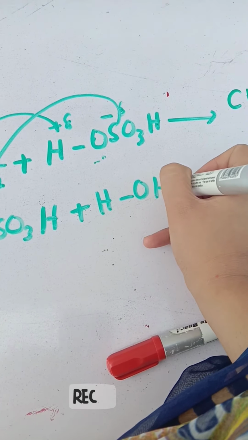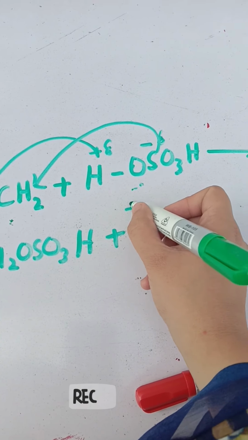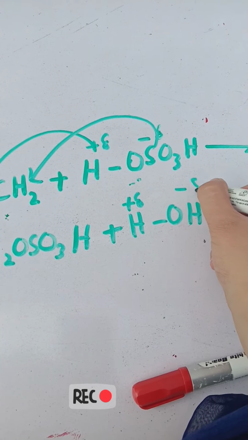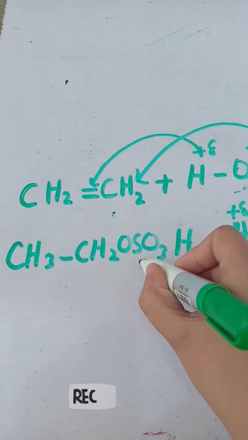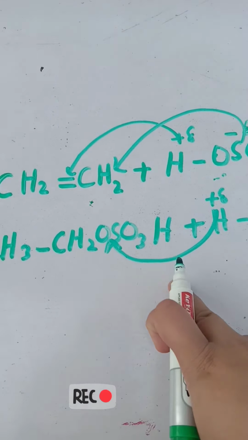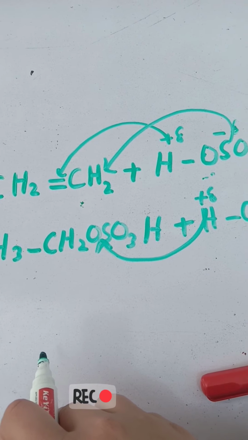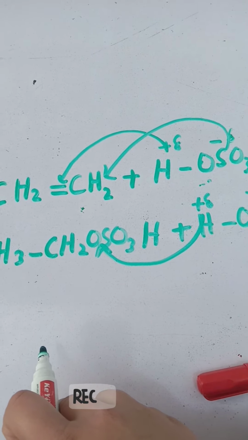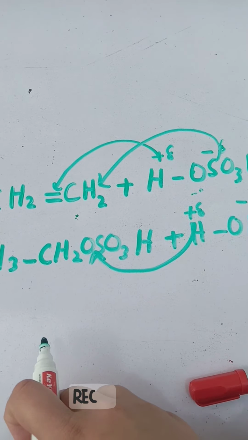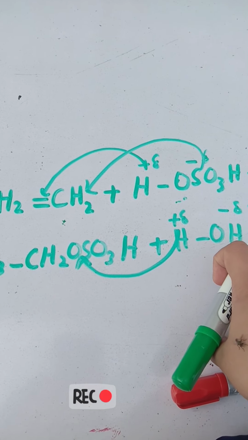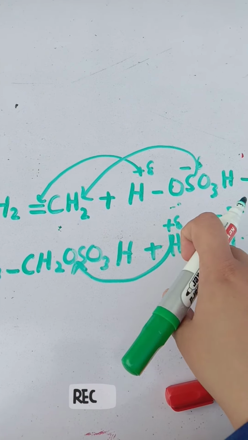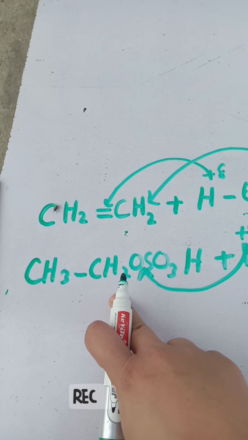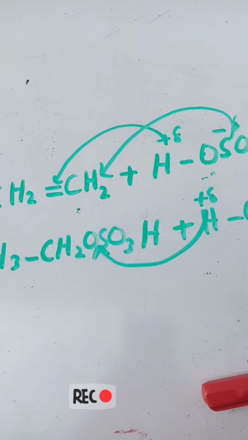So how is HOH added in this reaction? H is partial positive, as you know, and OH is partial negative. So this H replaces this OSO3H, and H2SO4 is produced again, which was consumed in the reaction, and is emitted out in the end. This H replaces this OSO3H, and OH will attach with this carbon atom. So an alcohol molecule is produced.